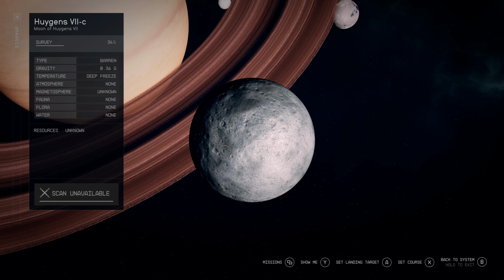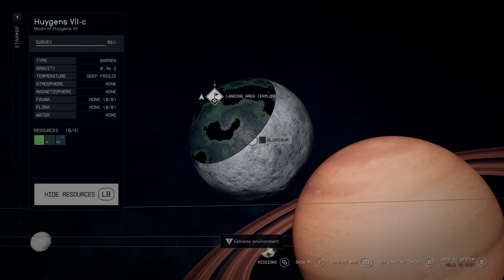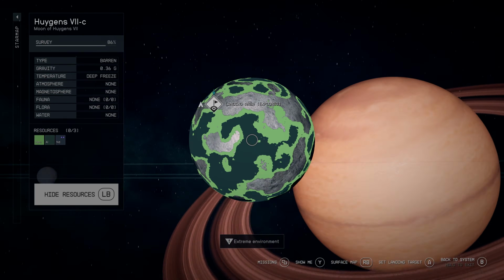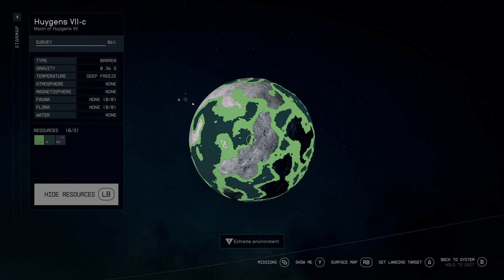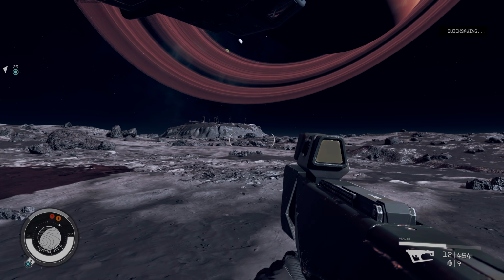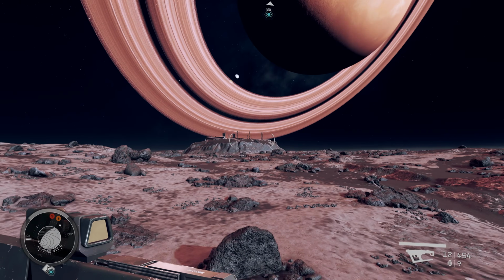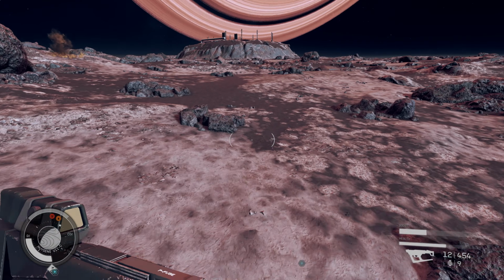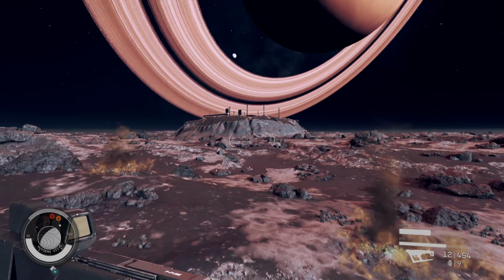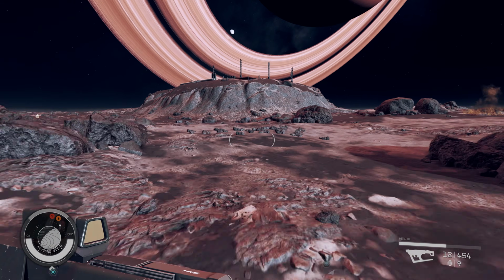If I activate my scanner, we'll show you the approximate location, and later on in the video I'll show you that moon a little closer so you can get a better idea and try to figure out where it is, because I'm assuming that this location is all relative to the resources that are on that moon, and it should be exactly in the same spot. So I found this location here,